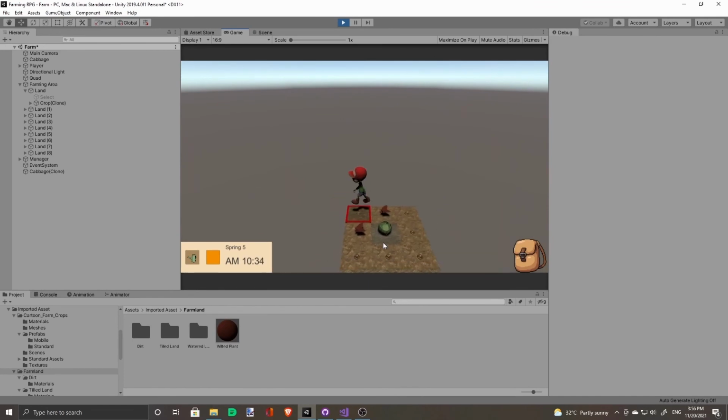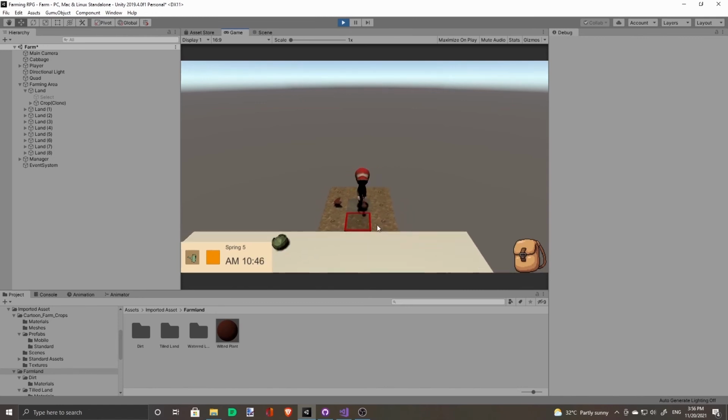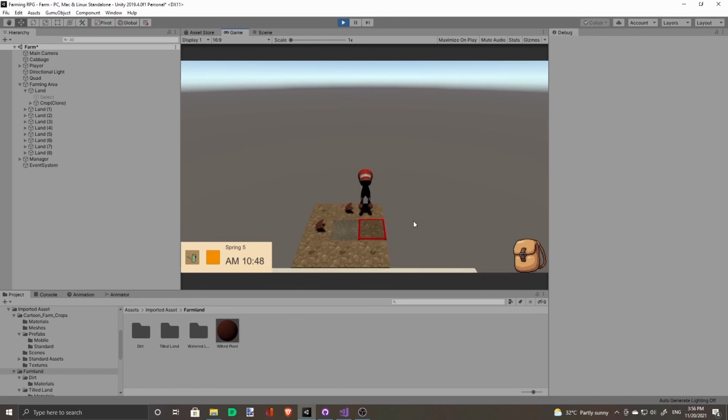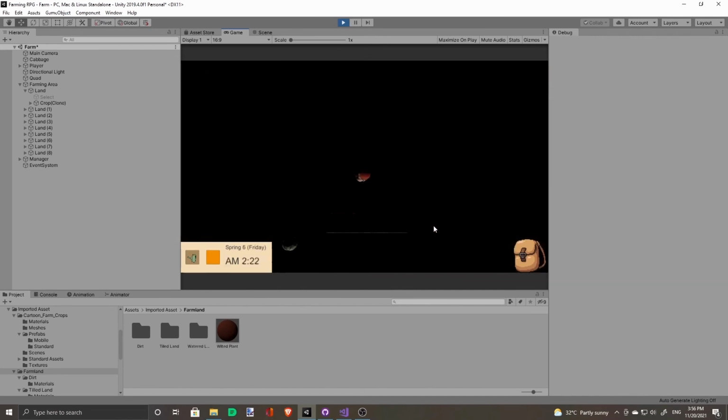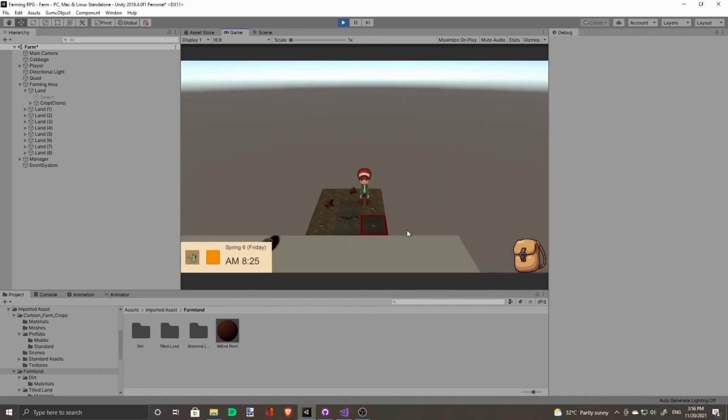As you can see, I watered one of them and they sprouted into a cabbage. The rest I did not water, so it wilted. And it became like this. So I can harvest one, I cannot harvest the others. Whereas the seeds that have not germinated yet are still fine, I can still water them. And they can germinate and continue growing. So now the question remains, how do I get rid of the wilted crops?